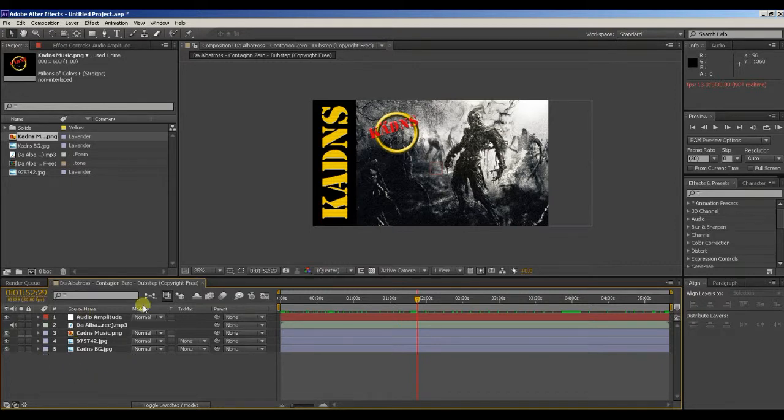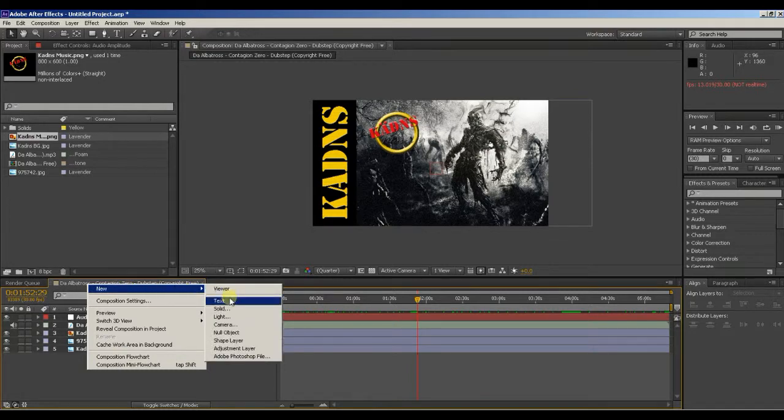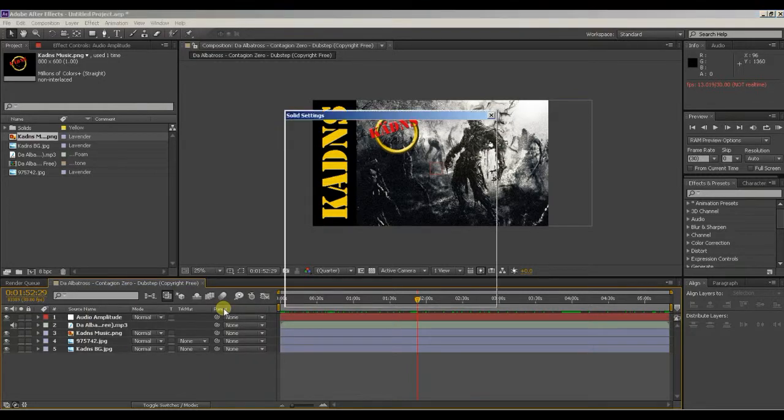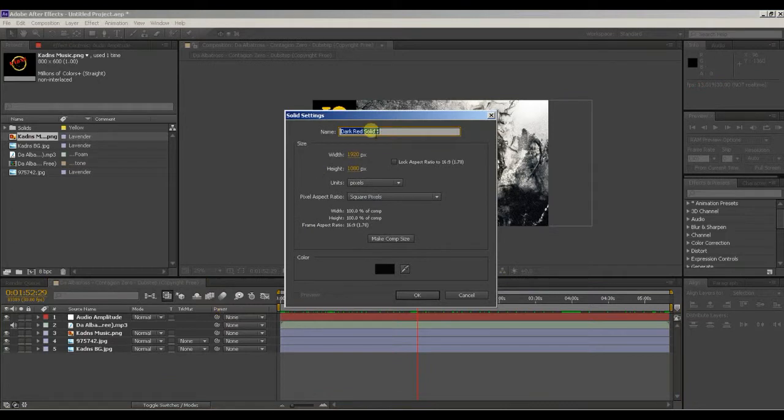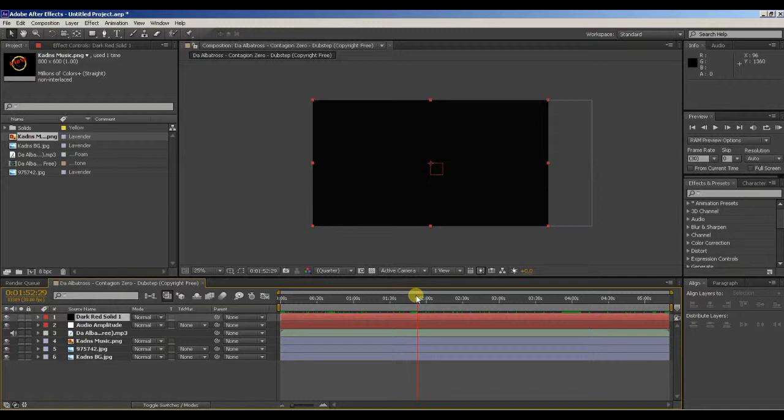Down here, you want to right click, new, solid. You can rename it to like audio spectrum, whatever you want. I just know what it is. Dark red solid 1. Okay, that's the one I'm going to mess with. And as you see, it covers the whole thing up. That's okay. Make sure it's highlighted by left clicking on dark red solid 1, right click,